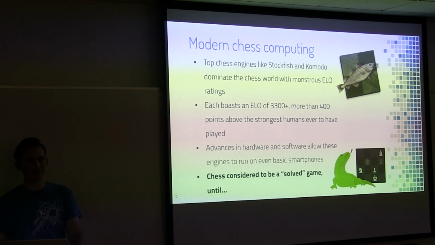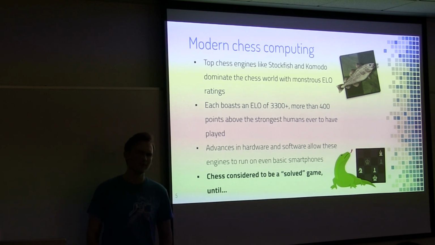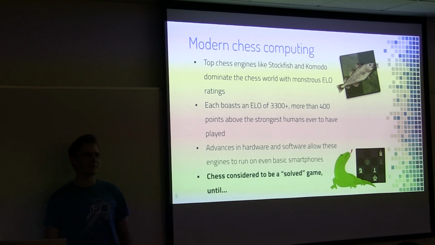But if you don't play chess, it's hard to put into context just how dominant these engines are over the average player. The average ELO of a chess player is around 1200, and ELO, if anyone doesn't know, is a way of measuring the likelihood of each player winning in a match. So I believe a 200-point rating advantage represents around a 78% chance to win for the higher rated player. So you can imagine playing against Stockfish at ELO 3300. The best players in the world just will never win. It's just not going to happen.